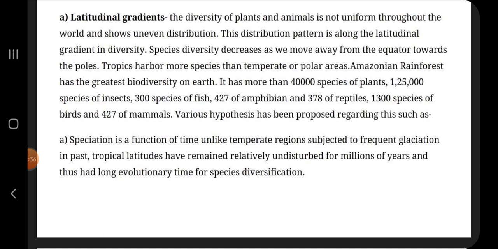Species diversity decreases as we move from the equator towards the poles. Tropics harbor more species than temperate or polar areas. Like the Amazon forest has the greatest biodiversity on the earth. It has more than 40,000 species of plants, 1,25,000 species of insects, 300 species of fish and many more. Various hypotheses are proposed regarding this, such as